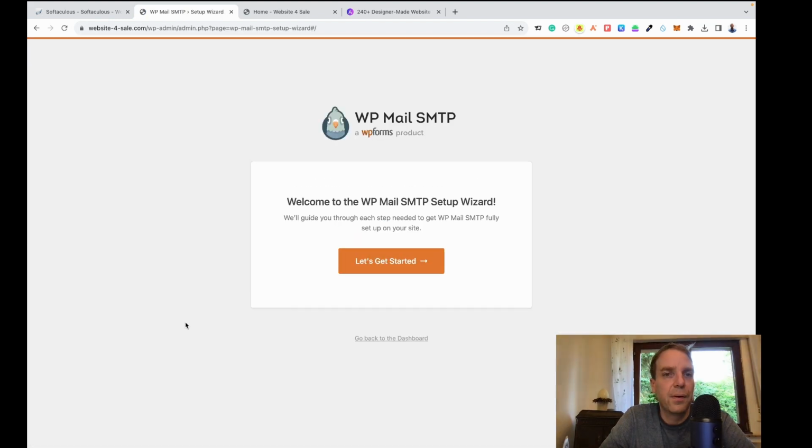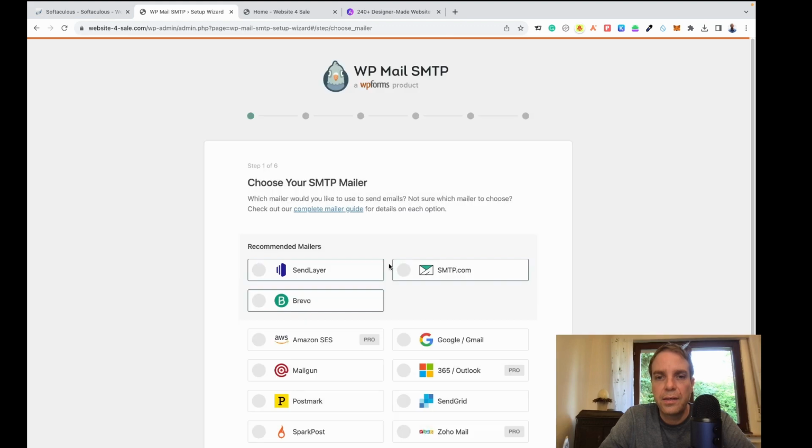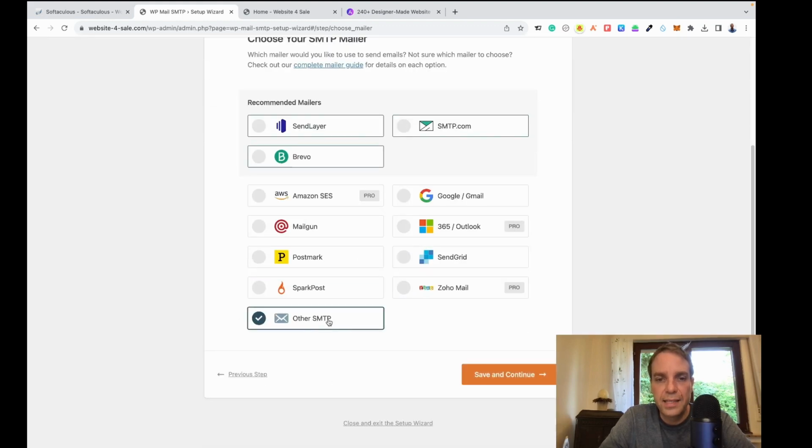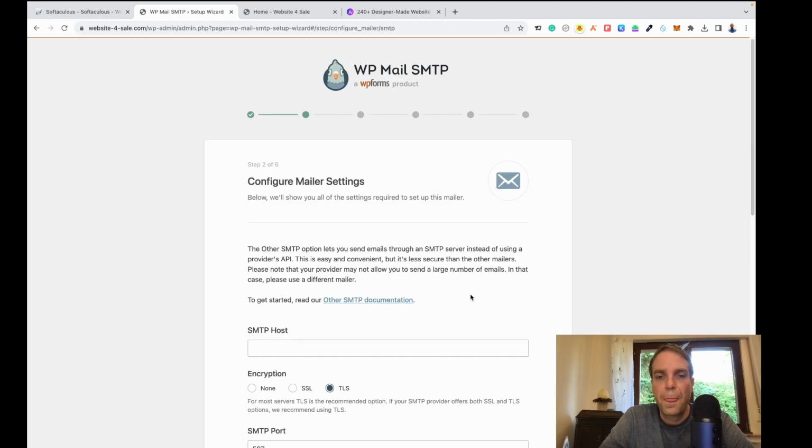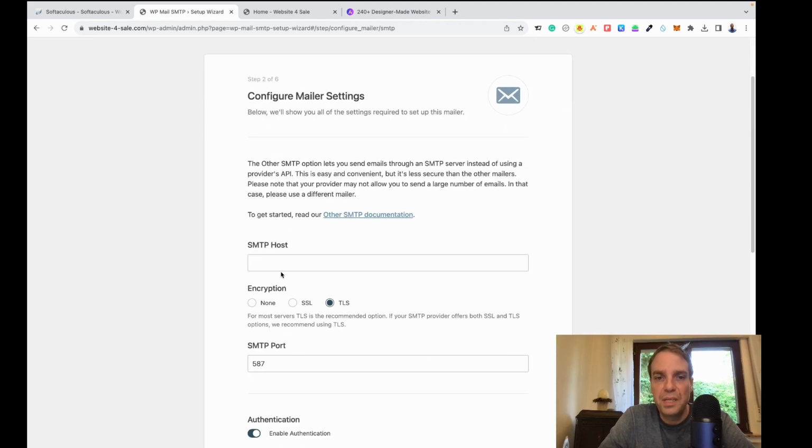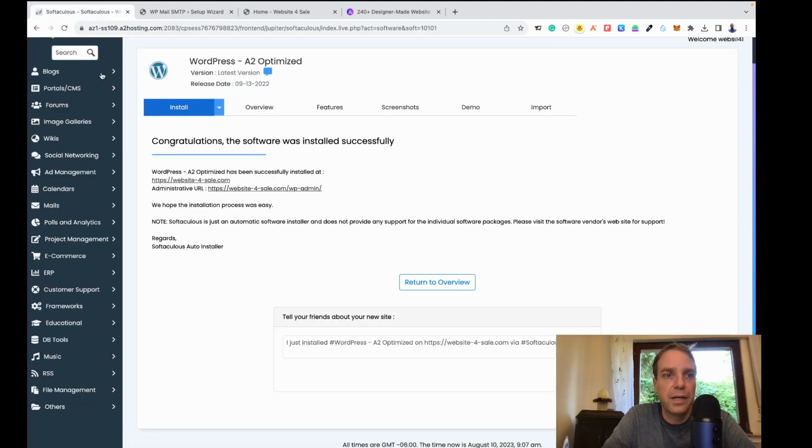Okay, and now we can set up our email. So we click on let's get started. So now we go to other SMTP, save and continue. And now we have to input our SMTP host. And this is what we, in previous sections, created: our email address. Then I told you to copy the outgoing and incoming SMTP links. I told you to copy this to your PC, and so now we need this. So I hope you made a Word file. Otherwise, you can go back here and to your